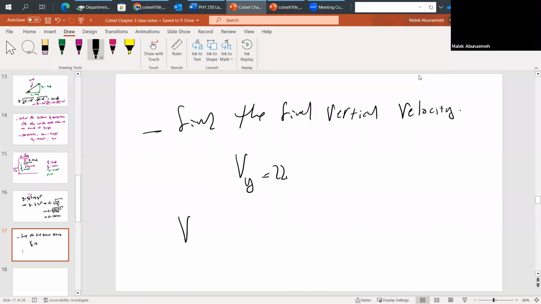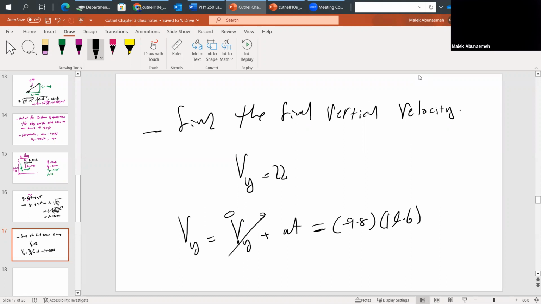So we just use the final velocity in the y direction equals your initial velocity in the y plus a times t, which in this case is going to equal, we said this one's going to go to 0 anyway, so it's going to be minus 9.8 times the time that we just found, which is 14.6 seconds. So that means our final velocity in the y direction is going to equal minus 143 meters per second,